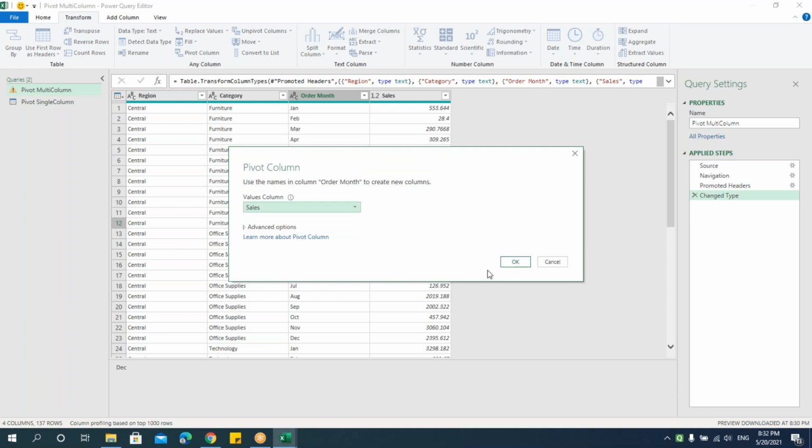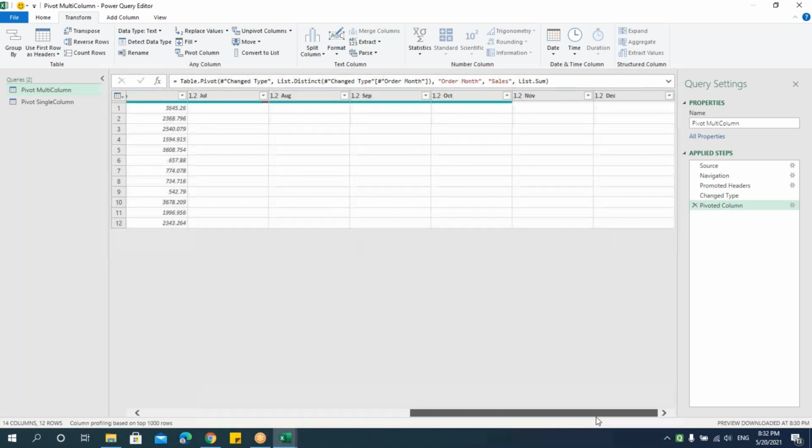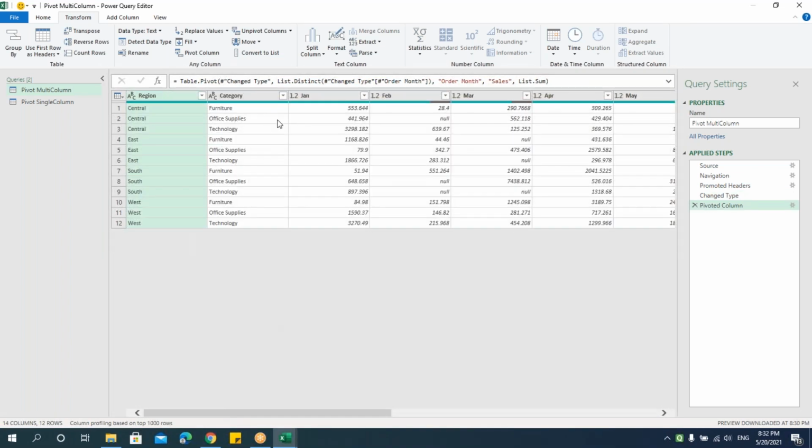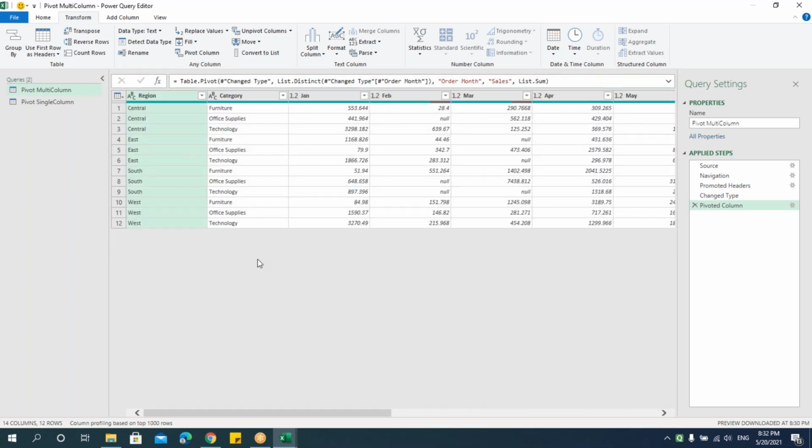I'll say sales. Say OK. You can see that the entire table, the column which was for month, will become a header like this. So you can decide. Suppose the data is record wise and I need to move that as column headers, you can use the Power Query Editor pivot column option.